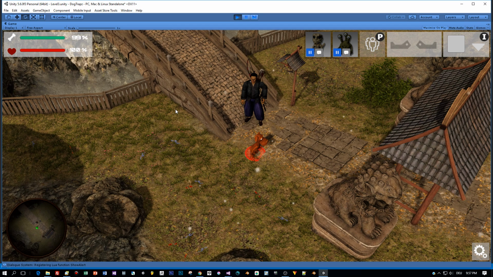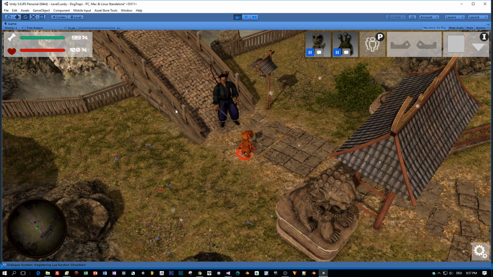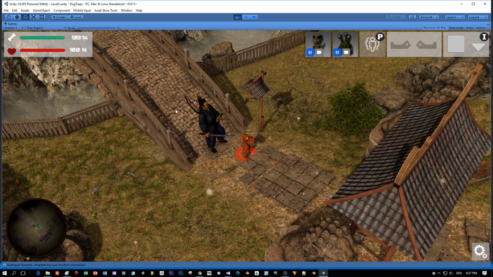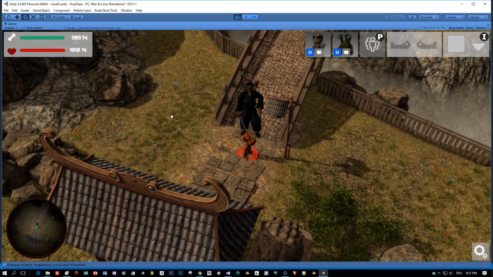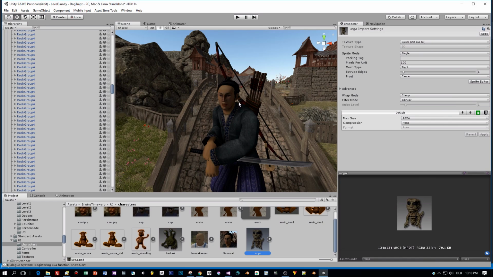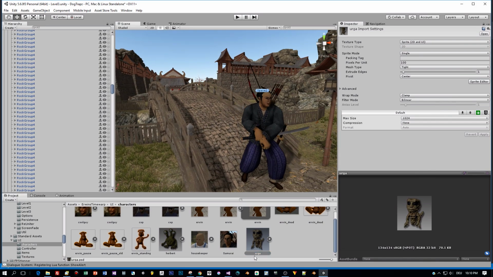Yes, this works. Now this samurai character is watching every step of us. Alright, cool. Now the last thing that I want to show you is to let the samurai talk to the